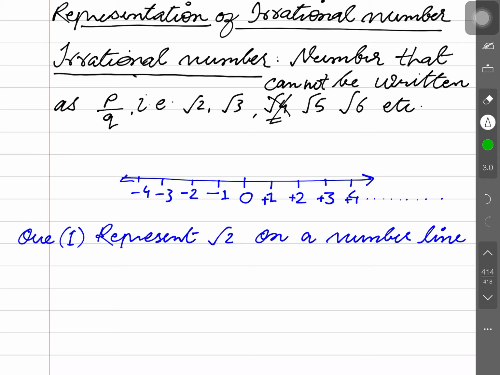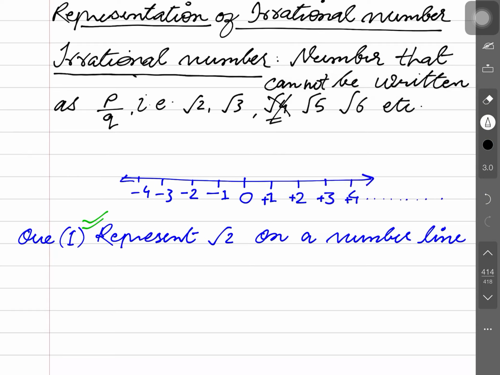Now come to the topic. Represent root 2 on a number line. Is that clear? How can we represent it? It's very simple. As I told you, there are two methods of representing it. First is the Pythagorean triplet method, and the second is the real number representation method, which is said to be the geometrical method. I will suggest you use one method at any time, but you have to be perfect in both methods right now. I suggest you learn one of the methods clearly.